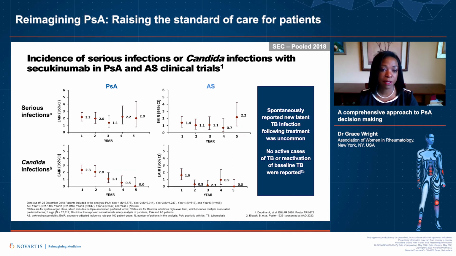What about the incidence rate in patients treated with secukinumab? And we're going to look at the psoriatic arthritis and the ankylosing spondylitis populations. And again, this is over the course of 5 years. On the top, you'll see serious infections. On the bottom, you'll see candida infections. And the rates are essentially flat for serious infections, averaging around 1.4 to 2.2 over the 5 years for PsA, and anything from 0.7 to 2.2 for AS. With candida infections, there's a numerical trend towards 0, but again, these are overlapping confidence intervals, so really no significant